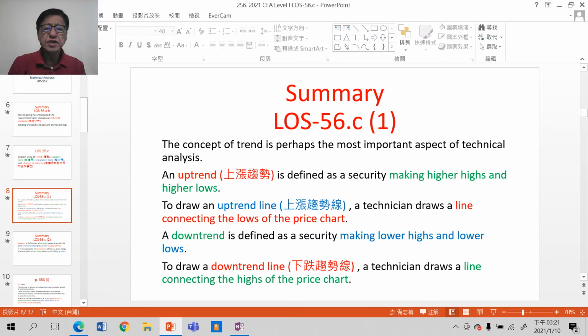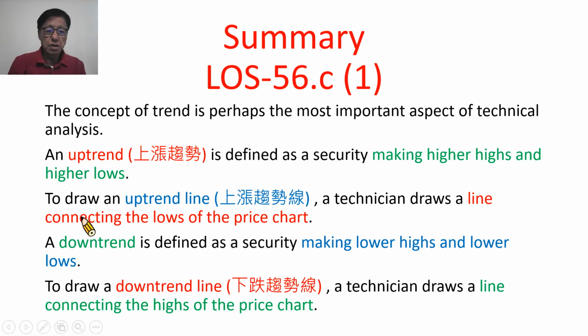analysis。他说趋势的观念可能是技术分析最重要的观念。An uptrend is defined as security making higher highs and higher lows。他说一个上涨趋势的定义是这个证券每一次的高点都越来越高，每一次的低点也越来越高，叫做上涨趋势。To draw an uptrend line, a technician draws a line connecting the lows of the price chart。所以为了画出这个上涨趋势线，技术分析人员画的线就是把价格图的低点连接起来。